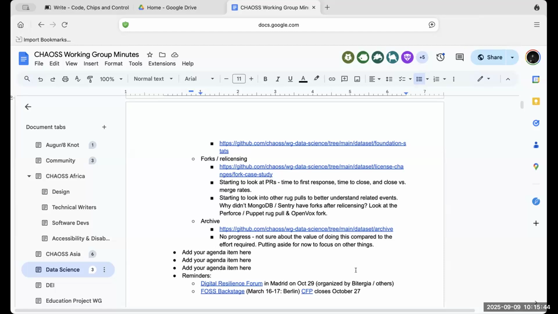I was just going to say, maybe we could talk about what the value is. I think there is something valuable to do with analyzing archives. I don't want to do it right now because my brain doesn't work very well. But in one of our meetings, maybe spend 15 minutes just talking about archives, how you would detect them, and what the value is. It might just end with the conversation being like, we don't really need to do much here. But it feels like there might be something interesting to do with analyzing archived versus abandoned, and if there's a way of really detecting that.